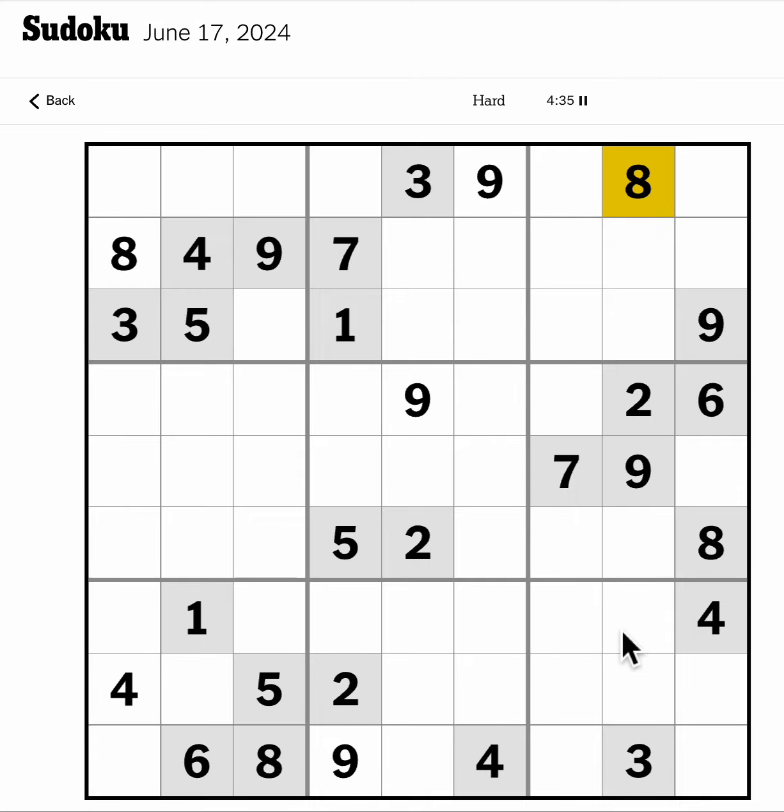But it doesn't look so promising. 4 blocks 2, 4 blocks 1. So 4 will be here or here. But because there's a big hole here, it doesn't look like I can figure that one out. But